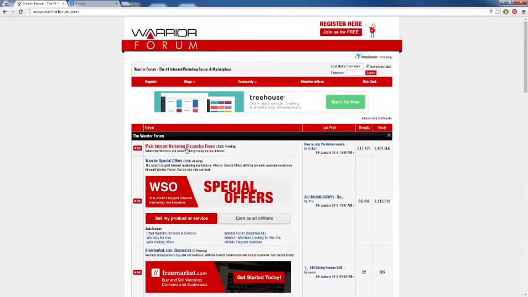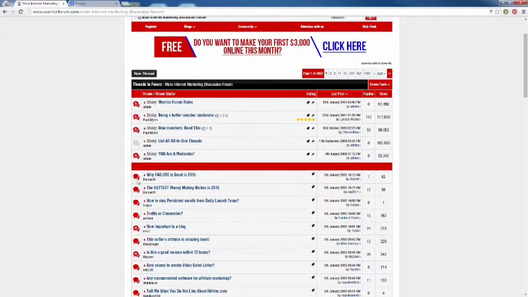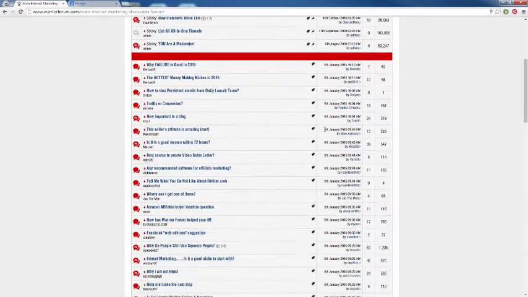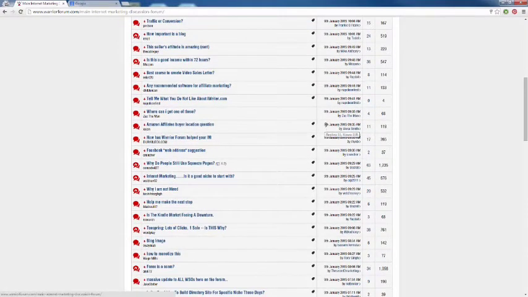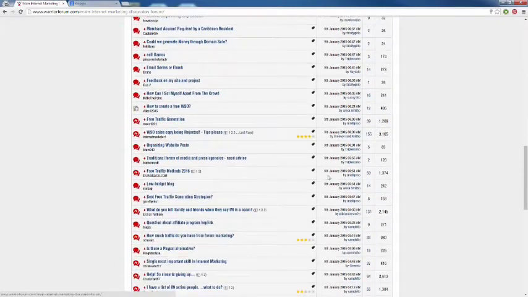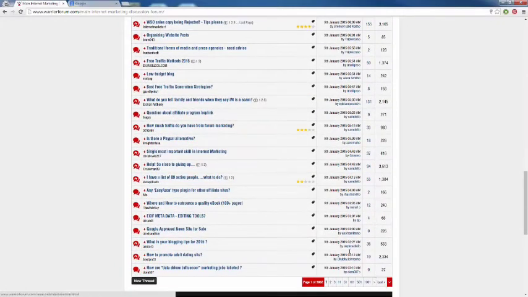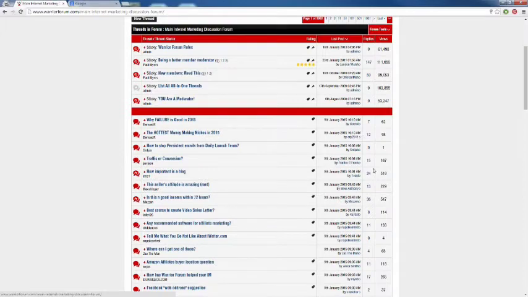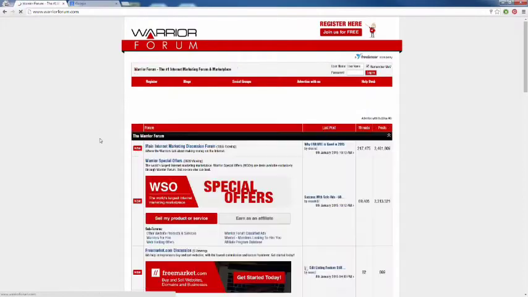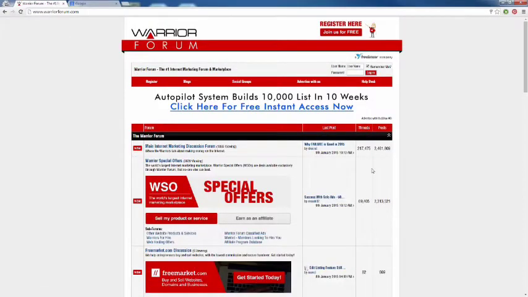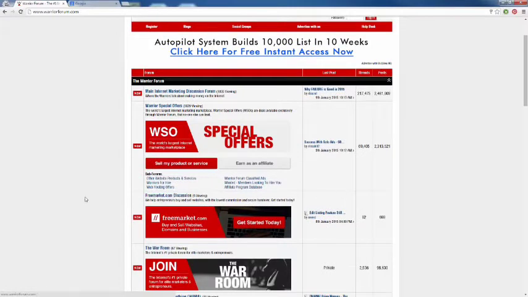Next up, we can hop into their main forum here and see all these different threads that have been posted today. Today is January 9th. You can see all these threads were actually posted today, onto the second page. You can see all the different replies. If we head back to the main page here, there are over 2 million posts. Like I said, this is a very broad example because this is probably the most popular forum on the internet, but I'm just trying to give an example of what active looks like.